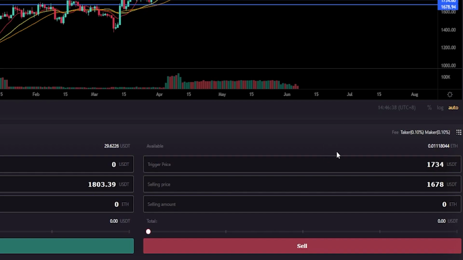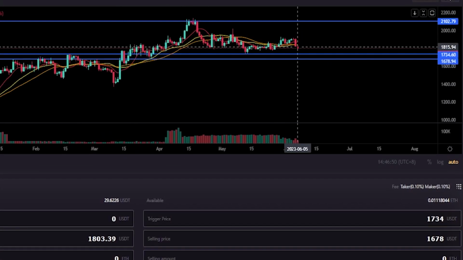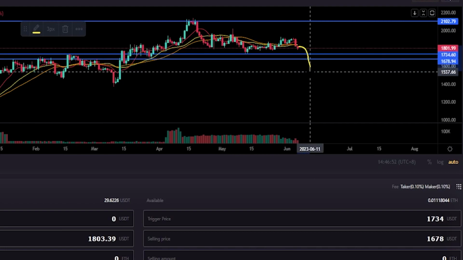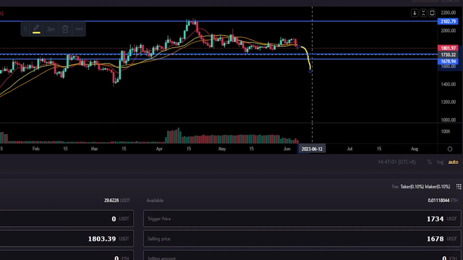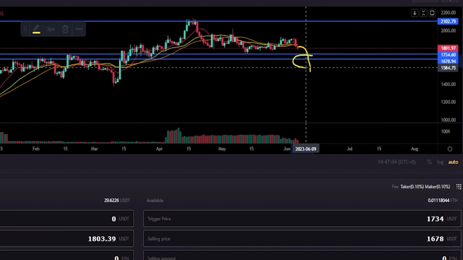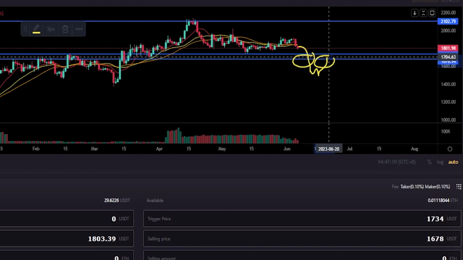So there's a couple things to know about this. The first thing is I like to leave a little bit of breathing room between my trigger price and my selling price. If you set your selling price too close to your trigger price or at the same level as your trigger price, you run the risk of price action getting below your selling price before this order is placed and filled. If that happens, you won't actually be selling your coins. Your order will simply be placed on the order book to sell, and you'll be waiting for price action to bounce and come back up to your price point before that order fills and executes,